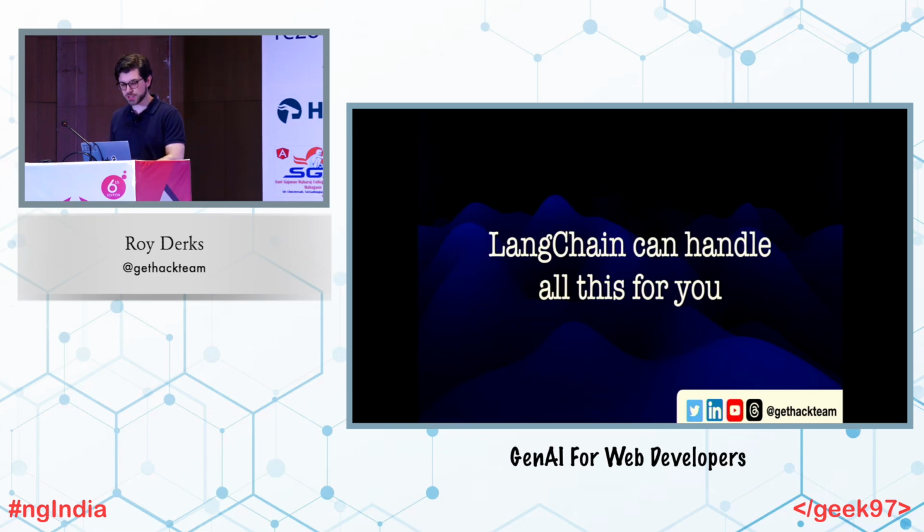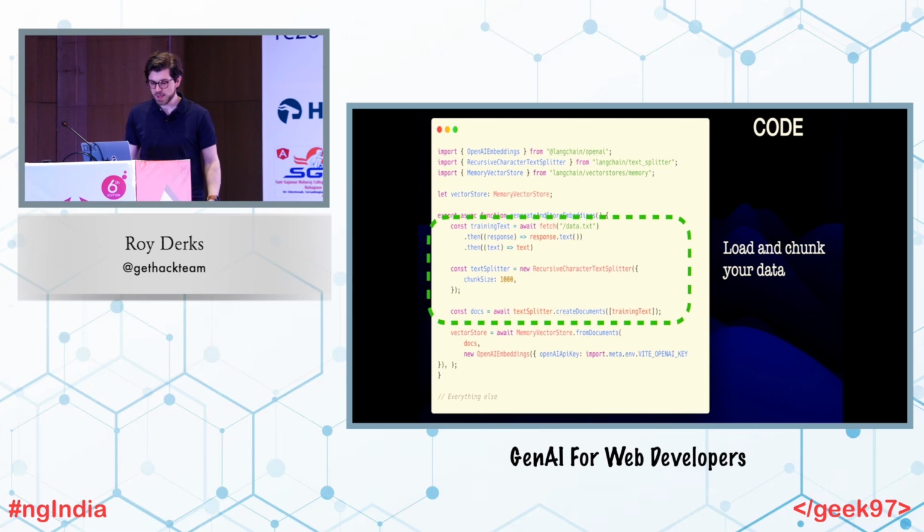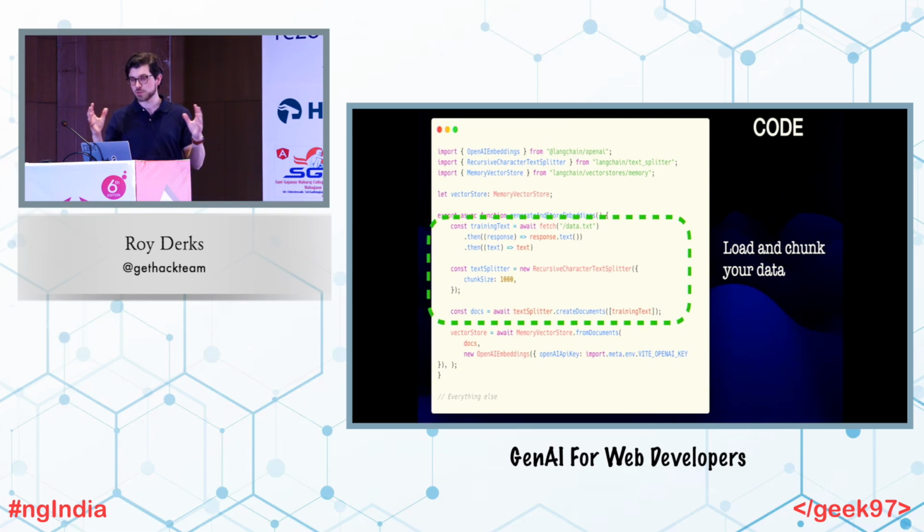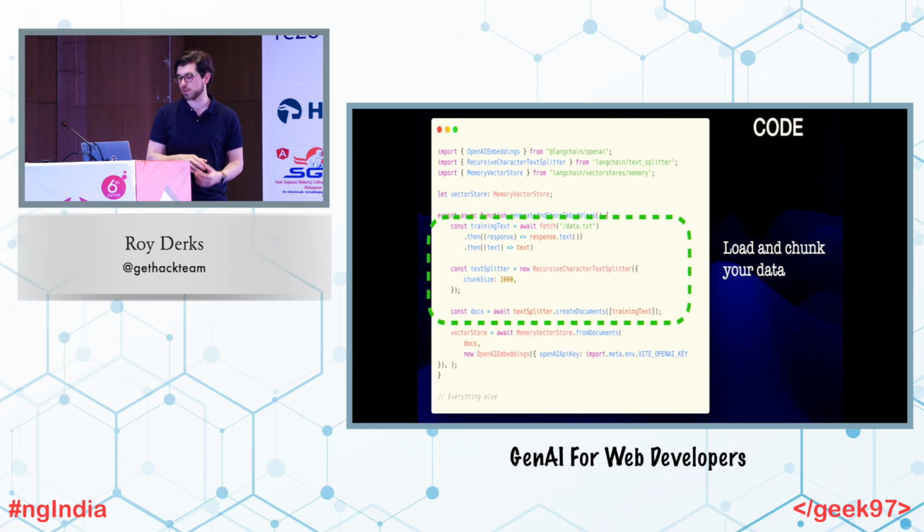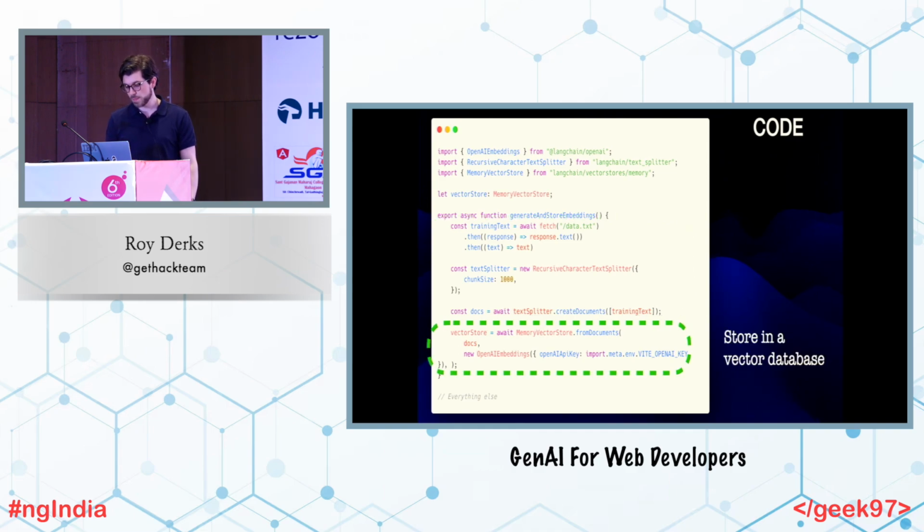So if we look at our LangChain code, it's still straightforward. You import some libraries, you fetch your data. For now it's text, it could be Markdown, it could be HTML. You split the text into chunks, so you can see I have a chunk size, because the size of the smaller chunks of data you create can also impact the performance of both the speed of retrieval, but also the quality of the retrieval. And then you pass this to a vector database, and with LangChain you can even use